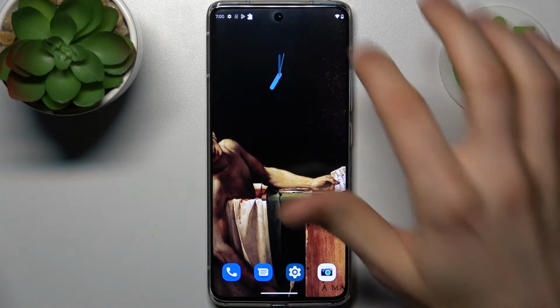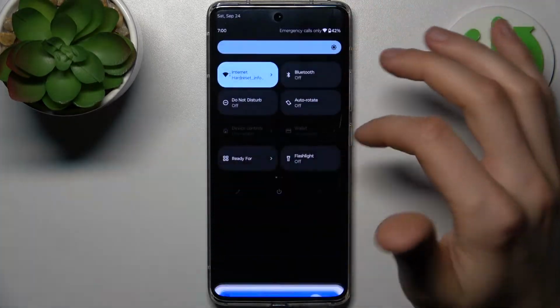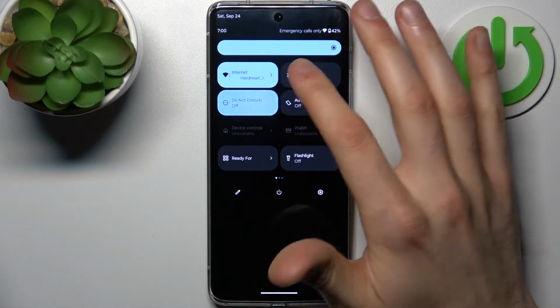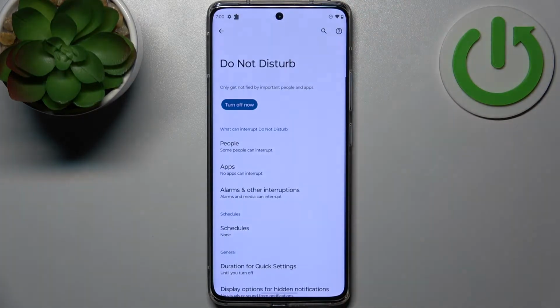So firstly, you have to go to the upper bar, and here you can find the button Do Not Disturb. By tapping on it once, you can switch this mode. By holding a finger on it, you can access some of its settings. For example, you can add